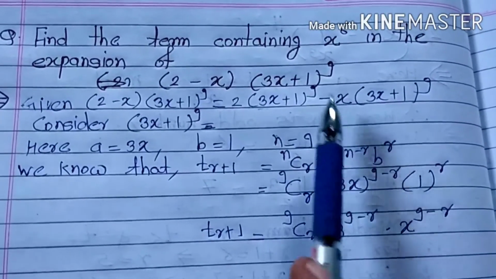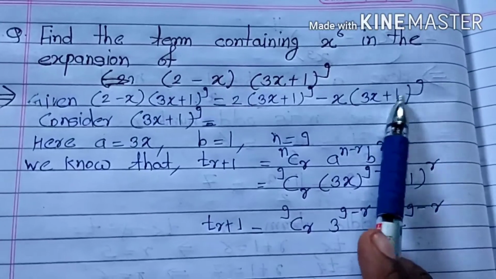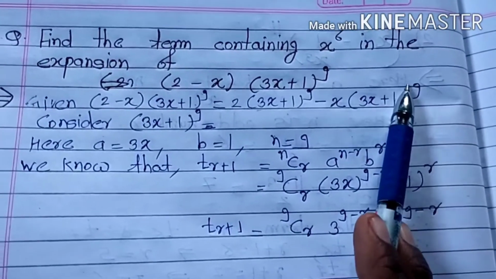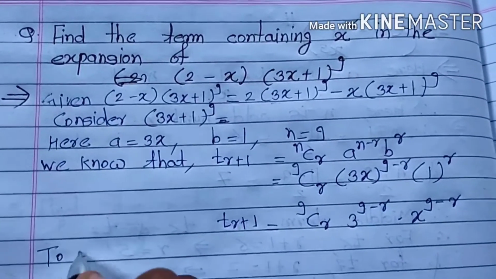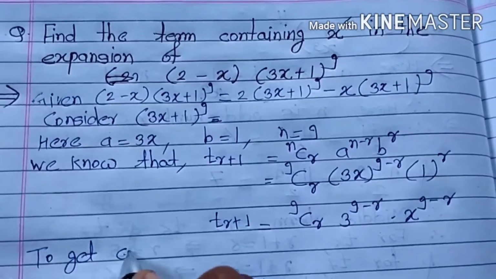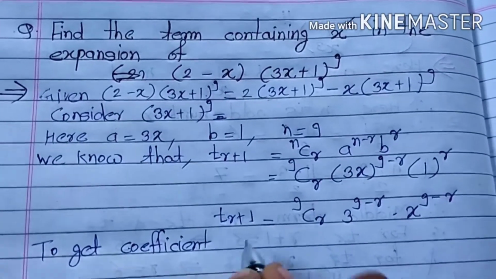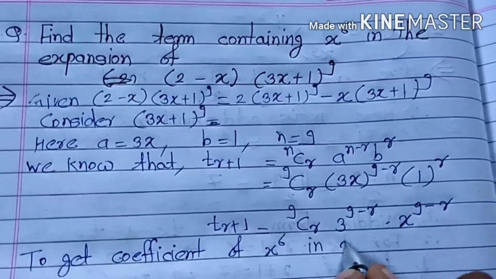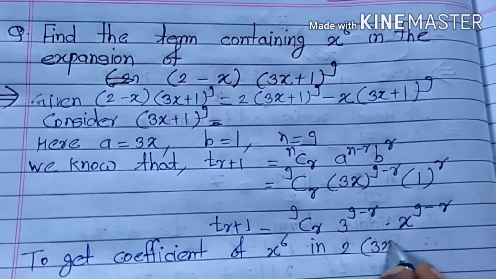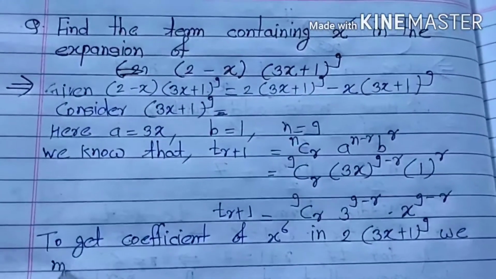Now to get the coefficient of x raised to 6 in this term and also the coefficient of x raised to 6 in this term. So, to get the coefficient of x raised to 6 in 2 into 3x plus 1 raised to 9 we must have